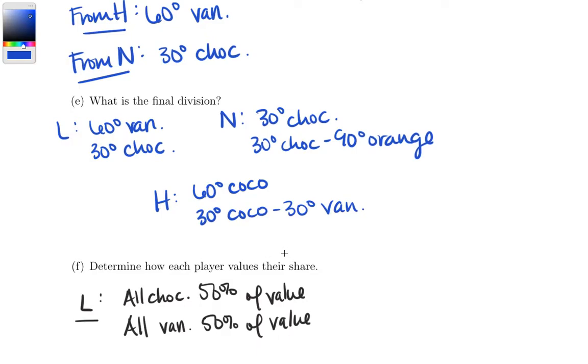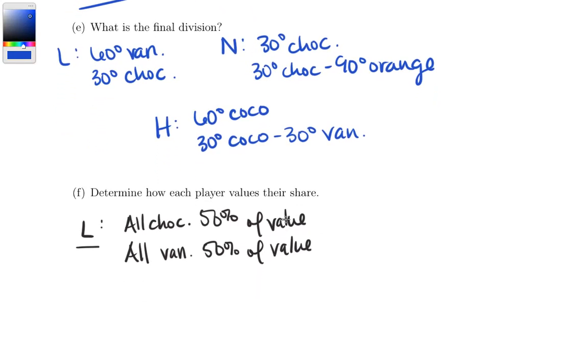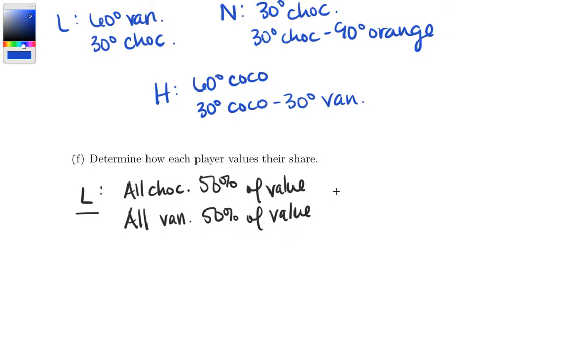And the last thing we want to do here is determine how does each player value their share. Okay, so here Luna, we know, likes chocolate and vanilla equally. So all of the chocolate in the cake is 50% of the value, and all of the vanilla in the cake is 50% of the value. And we know she had 60 degrees vanilla and 30 degrees chocolate. Okay, so that vanilla part, it was 60 degrees out of the total 90 degrees of vanilla possible in the cake,